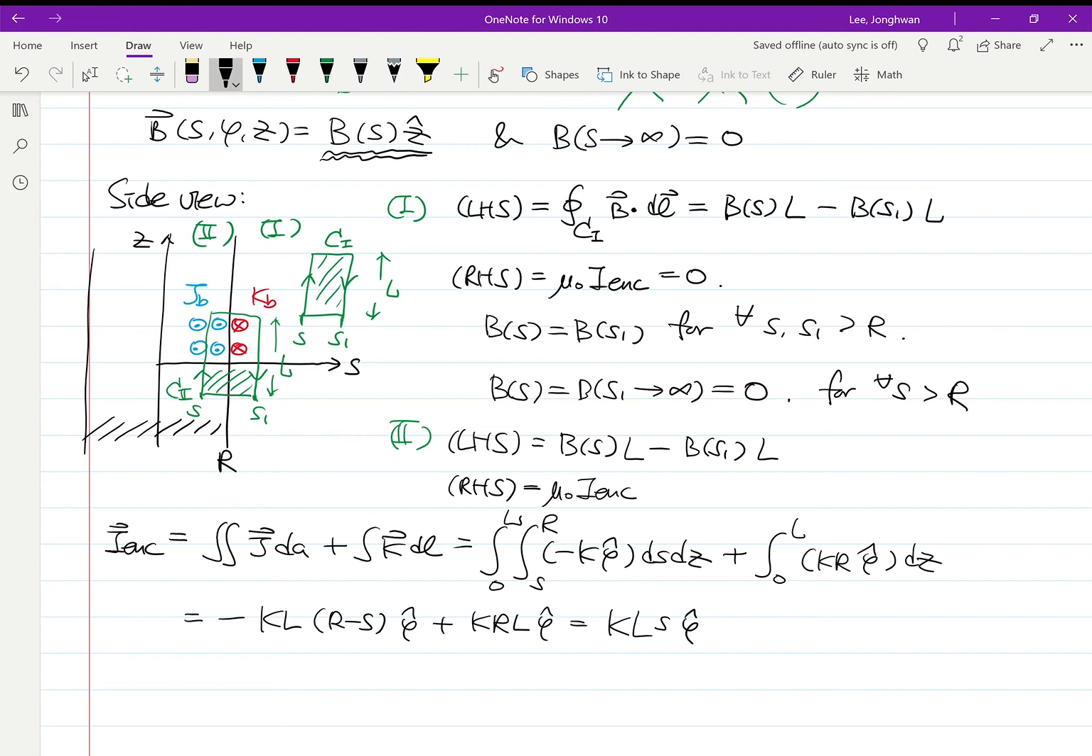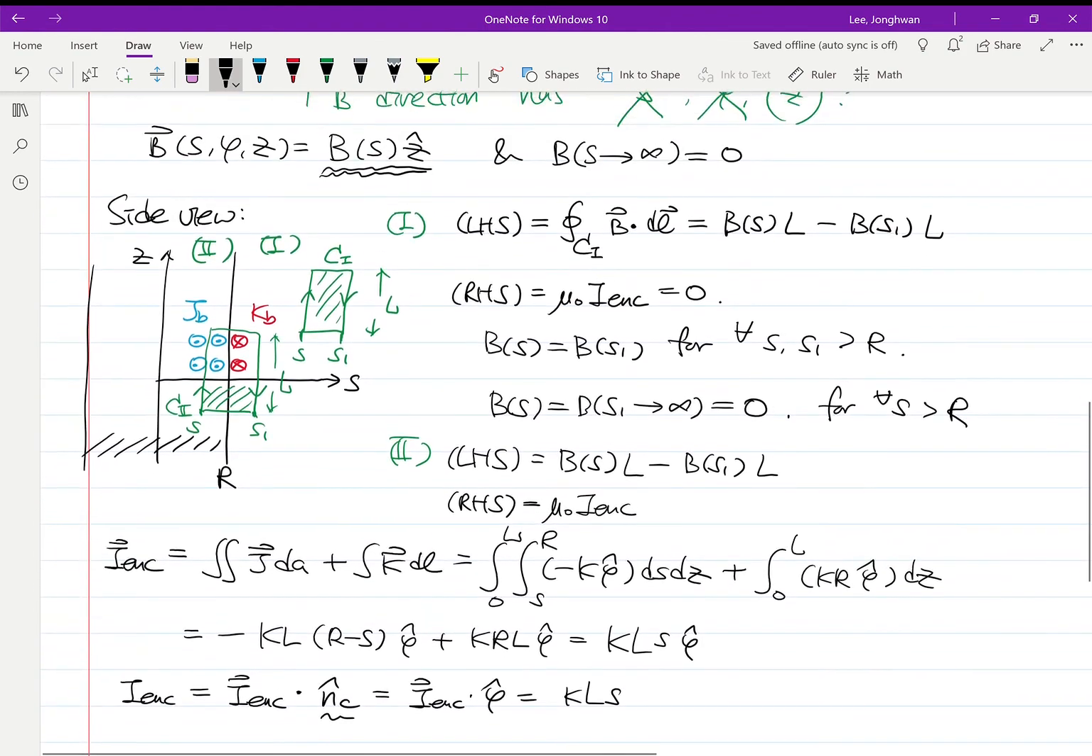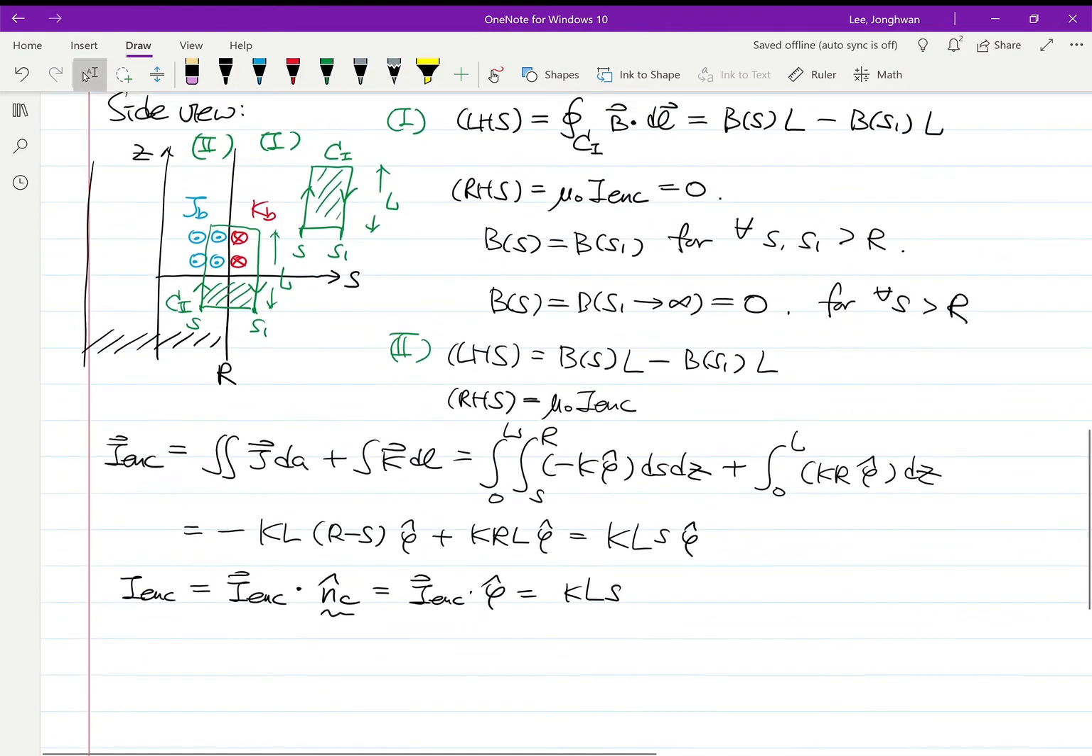And as I showed in the beginning, the enclosed current should be the vector current times the normal vector of your Amperian loop. If you use your right hand rule, the direction should go in. Your thumb will go into the page, which is phi hat. So this is phi hat. And if you plug in I_enc, then this will be K L S. Okay. So by equating left-hand side and right-hand side,